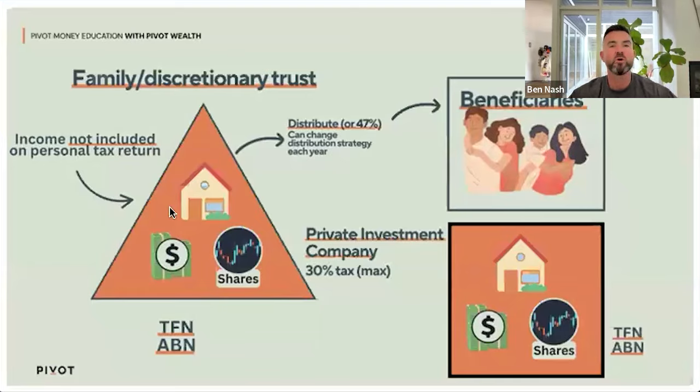How it commonly works as well is that when you get to the point of financial freedom, where you want to retire or whatever, you can then pay yourself an income from your investment company if it's built up substantial assets. Or you can change over the distributions from your trust to be paid to you as your income as well. I'm going to go through a couple of examples.